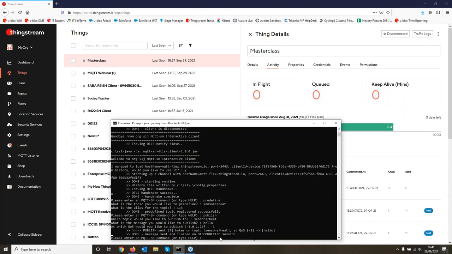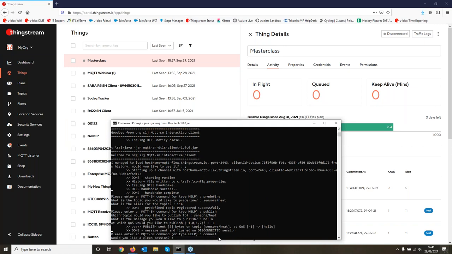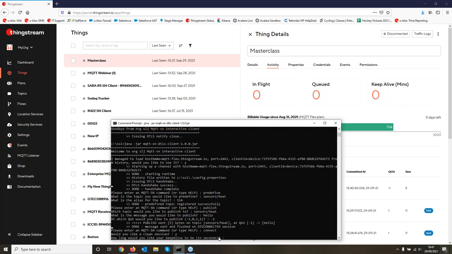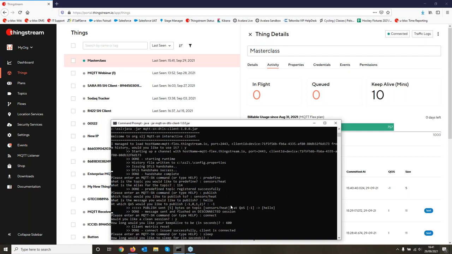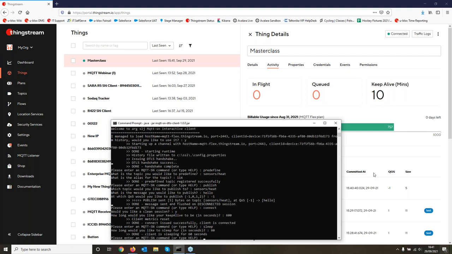Let's have a look at how sleep mode works. So if I connect now to the broker, I'll give it a clean session, set my keep alive. I'll come in and I'm now connected, and we'll see in a second, here's my UI updated with the connected state. If I now sleep and set my duration for 60 seconds, the client will now go into a sleep mode, and we'll see the state now has updated here to sleep with a keep alive of 1 minute. This client will issue a ping every minute to refresh that window.